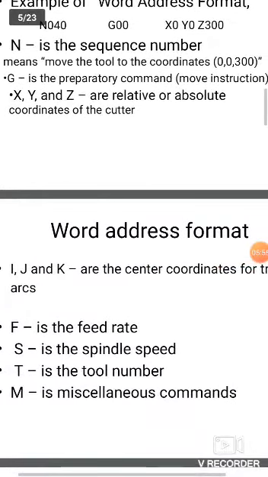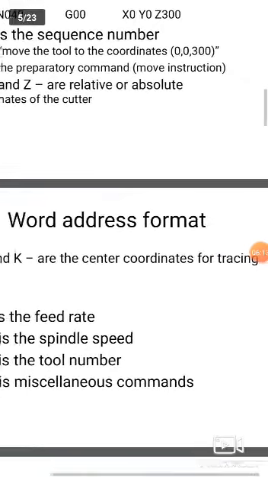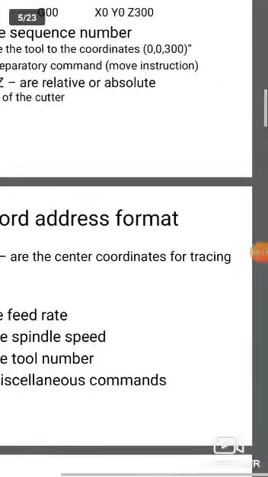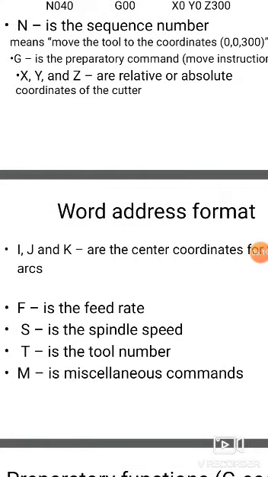Suppose for a flat surface we want to put a center drill, there we mark the center point as I, and whichever directions it moves we give as J and K. F is the feed rate. S is the spindle speed. T indicates tool number. M is a miscellaneous command.